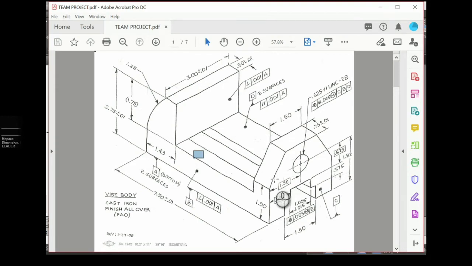So here's the deal with datums. All of these datums are surface datums. Remember, a datum can be a surface, axis, line, point, or plane. These are all surface datums. They're simple.